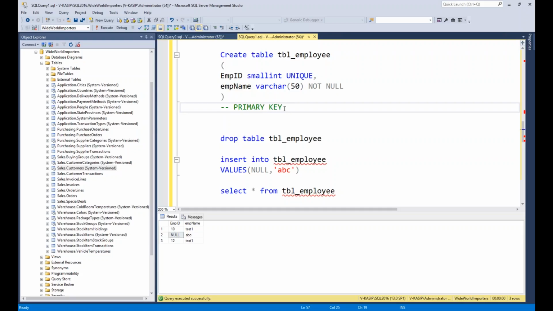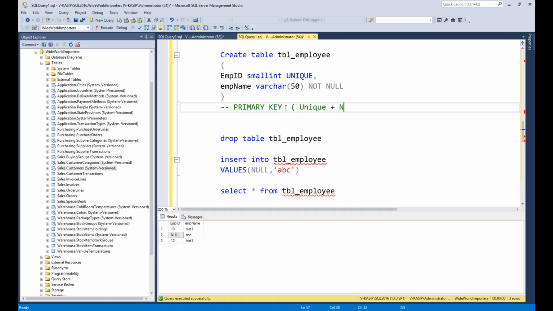Okay. Primary key. A primary key is unique plus not null. So it should not contain any duplicates. At the same time, it should not contain any null value. That is the primary key. So if you specify the primary key, that column should allow only uniqueness, and it should not allow any null.